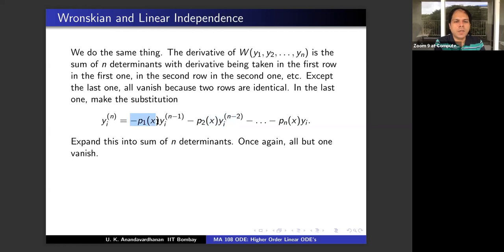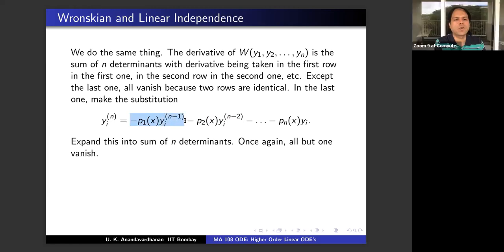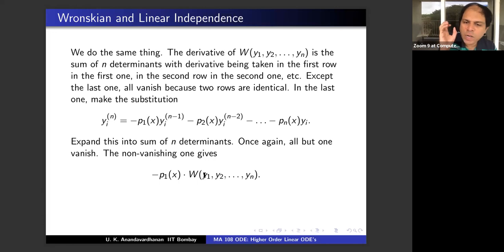Minus P1 is common. So if you take out minus P1, what is the remaining determinant? It is exactly the Wronskian W. So you have proved it. The non-vanishing one gives you minus P1 times the Wronskian. Do you agree? So once you understand the concepts, writing down the proofs can be in plain English, as I have